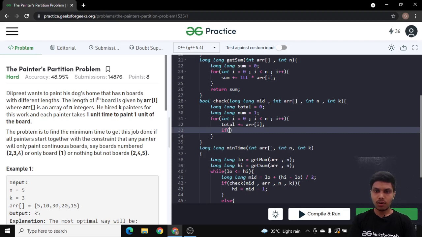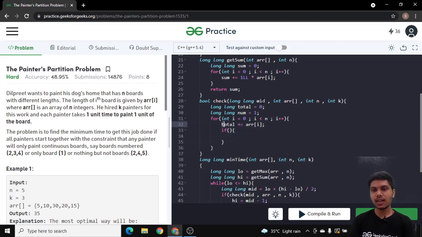So now I have assigned the current board to our previous painter. Now I will check whether it is possible: the total should be greater than my mid.